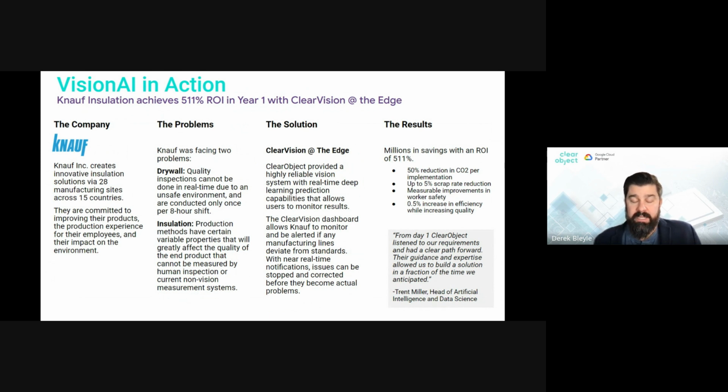So again, focusing on the customer, understanding what is the value. In this case, Knauf, an insulation manufacturer and gypsum board manufacturer. Going back to their goal around a lot of automation, the problem we were focused on in some of the POCs and deliveries over the years was improving and identifying automation in inspection.